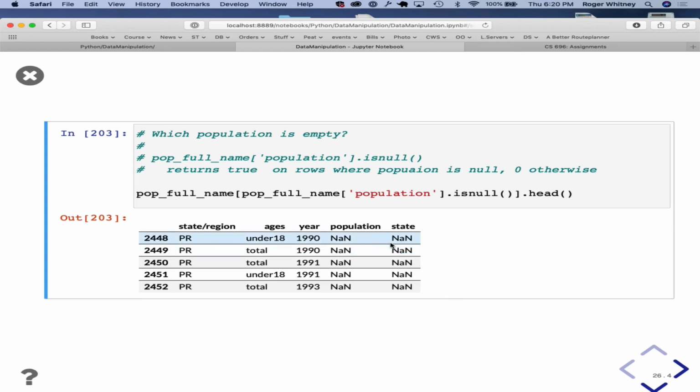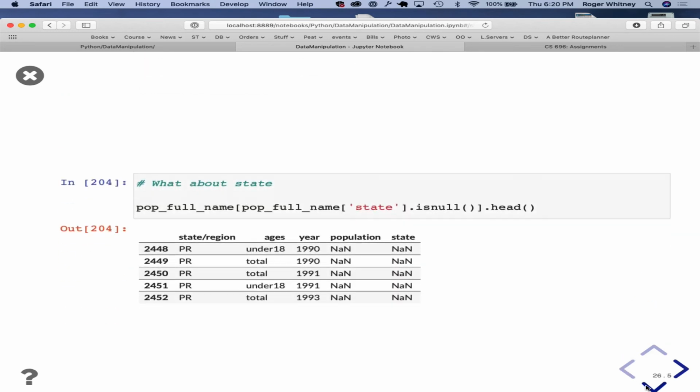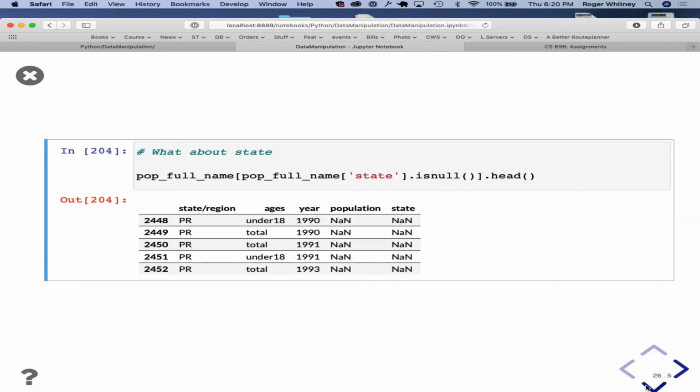It's not clear why they don't have population and census, but again, just looking at the state again, it's just Puerto Rico, right?